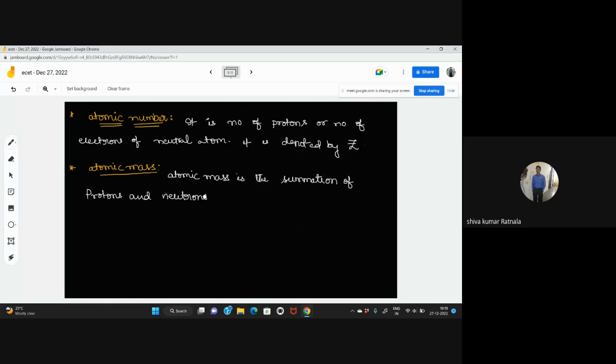Atomic mass is the summation of protons and neutrons, we can say. Generally, it is denoted by A. Okay. Next one,